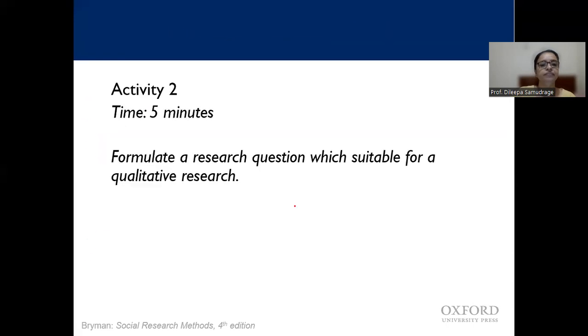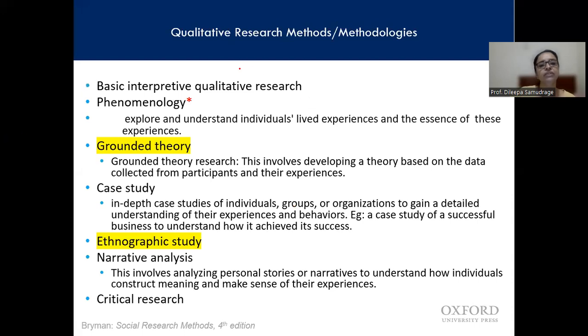Okay, good. Then the next one, so these are the qualitative research methods or methodologies, right? So we have basic interpretative qualitative research, and also phenomenology, which is to explore and understand individuals' lived experience and the essence of these experiences. For that, I want to give some examples to you. That is very important, right? Phenomenology means,